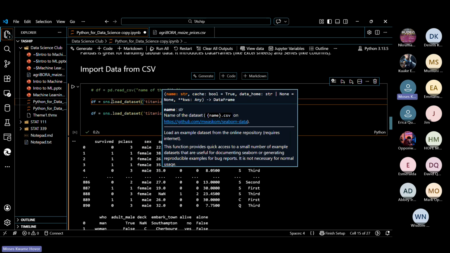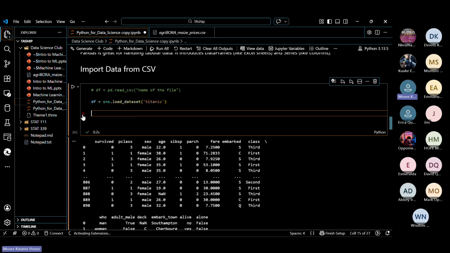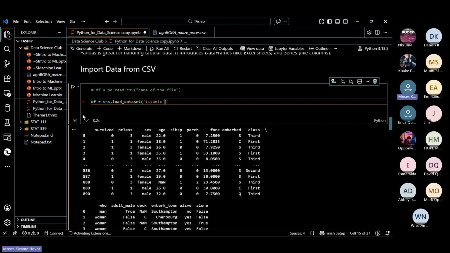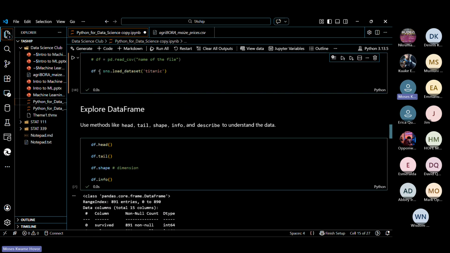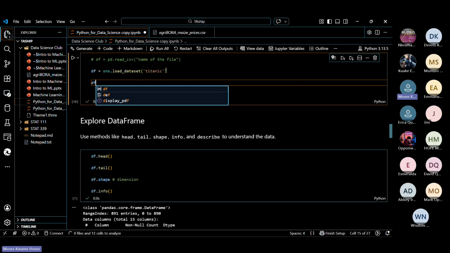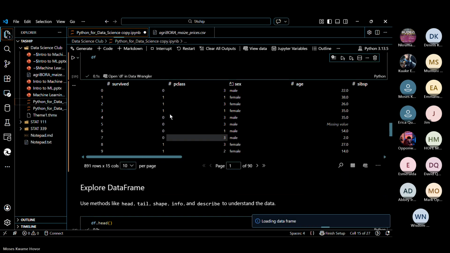Okay, Mumini, did you follow? Yes, please, I'm following. When I type that in and run it, I'm going to have the data loaded, but it's now in the variable called df. So I have to come and view it. I just type df and run it. So I have the data.